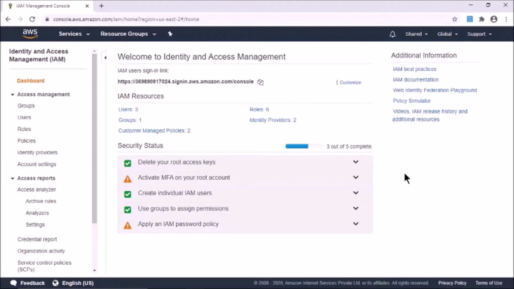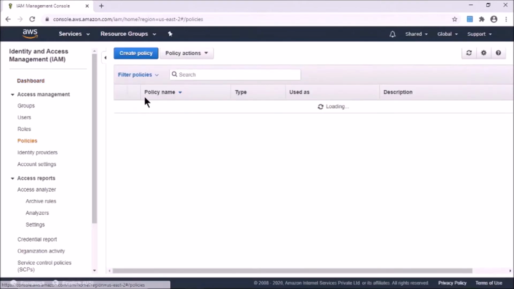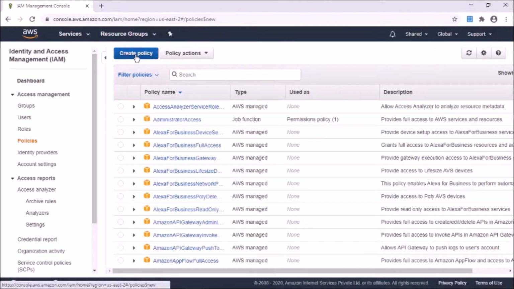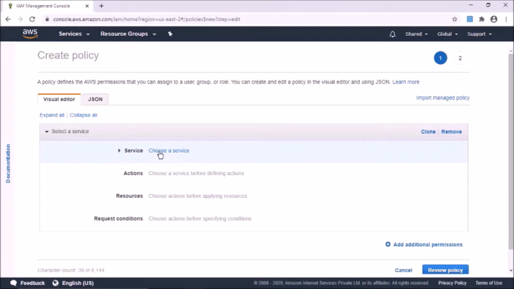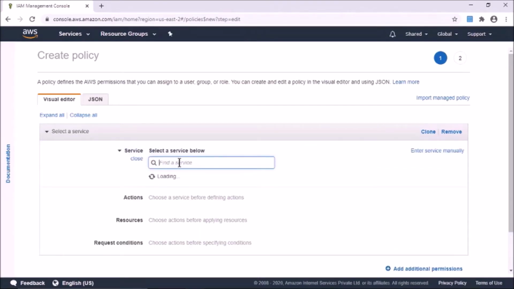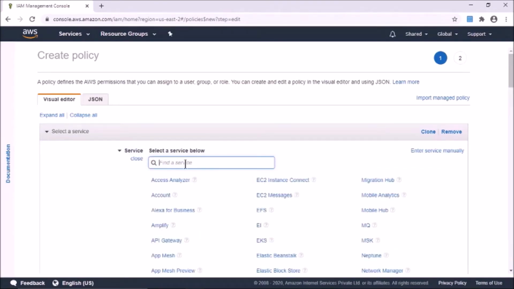When a user wants to assume the roles, there is a service that runs in the backend called STS, Secure Token Service. So we will need to create a policy and we'll need to attach that policy for those users. Go ahead and create a policy. We will select the service called STS.